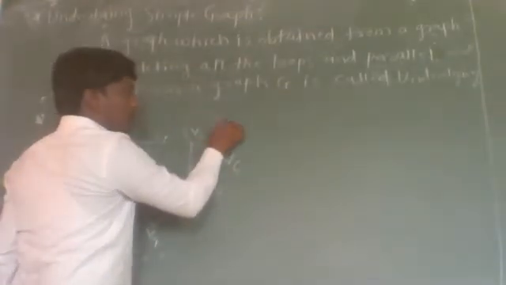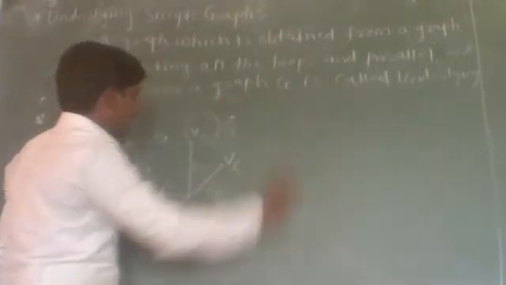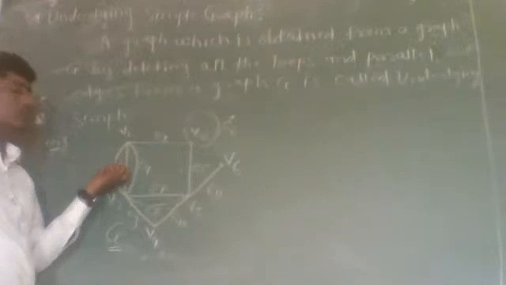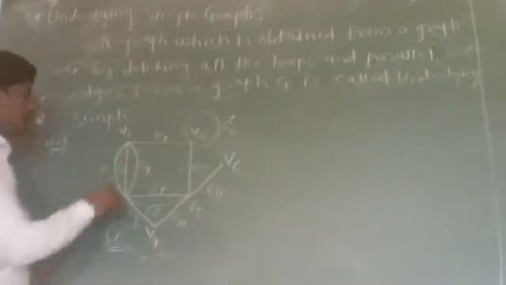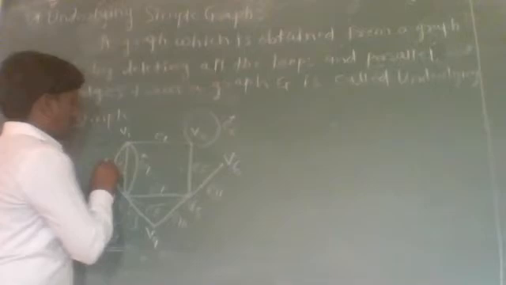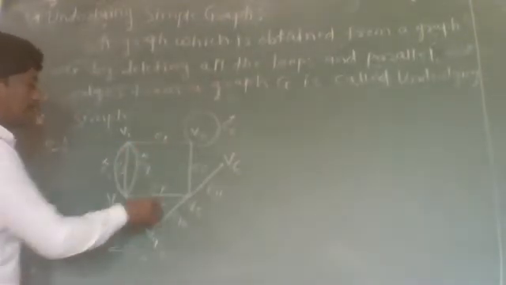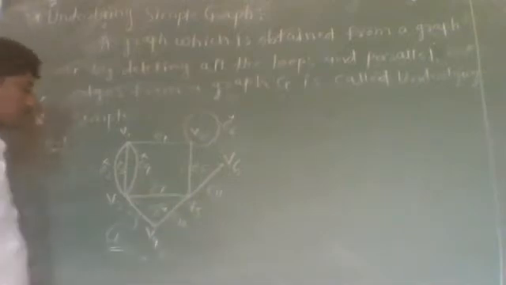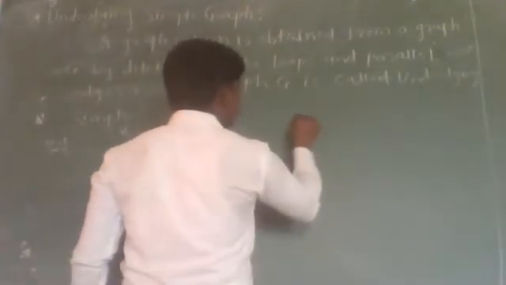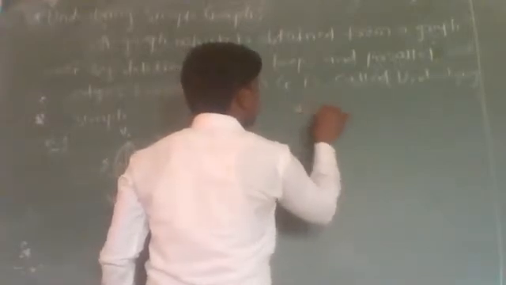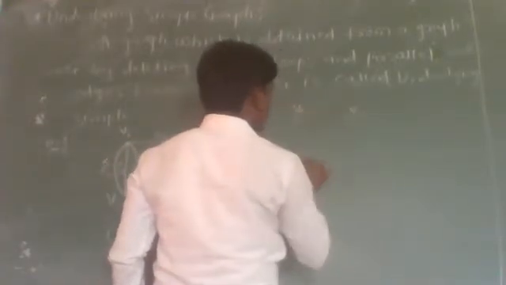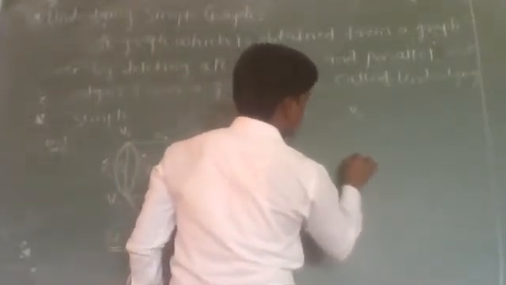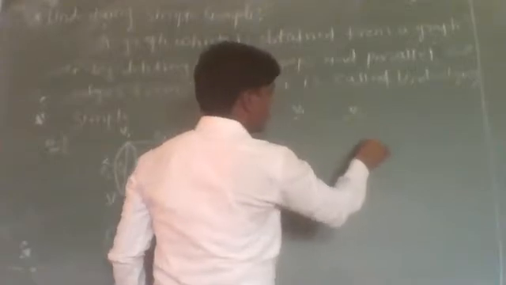Here edge E6 is a loop, so we have to remove edge E6. Similarly, edges E2, E3, E4 are the three parallel edges, so we have to remove two edges from these three. Then remove edges E2, E4, or E2, E3, or E3, E4. And here E7 and E8 are parallel, so we have to remove either E7 or E8. So the graph is nothing but here is vertex 1, 2, 3, 4, and vertex 5, and here is another vertex.